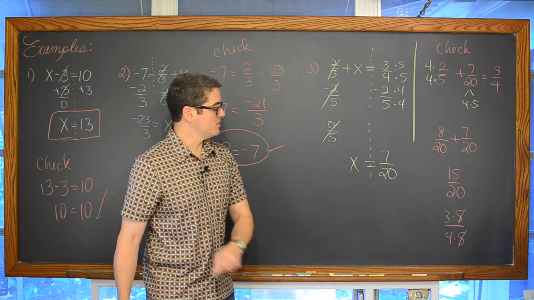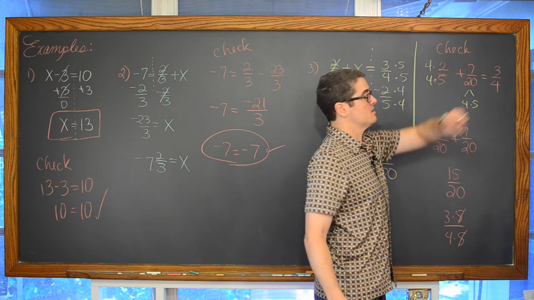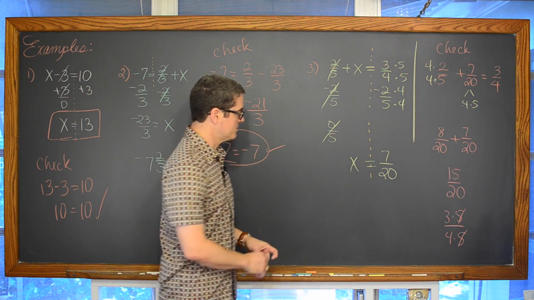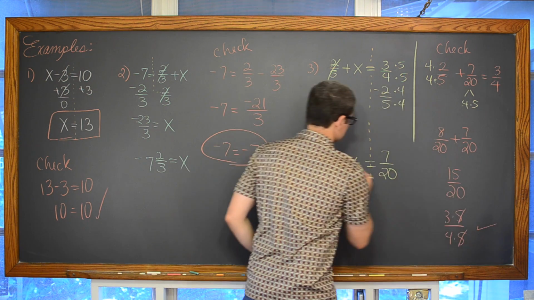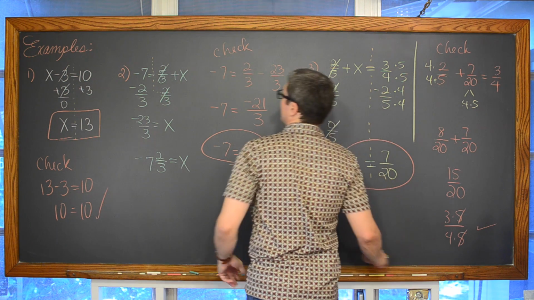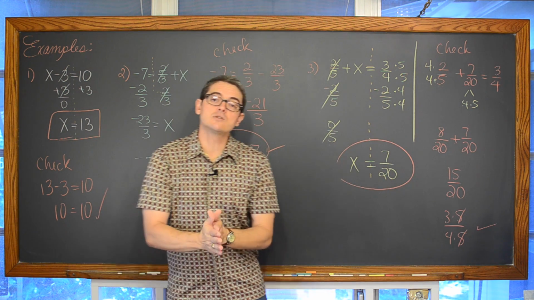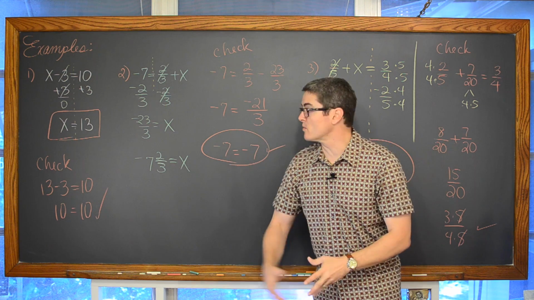So we're left with a reduced value of 3/4, which is what the right-hand side was equal to. And that means that we have checked our solution. And there is how you solve one-step equations that deal with addition and subtraction, with a lot of review of